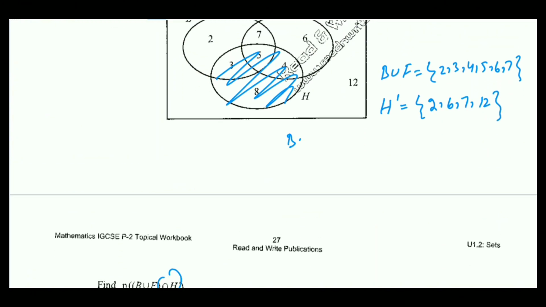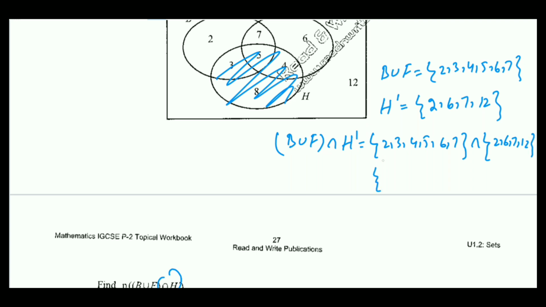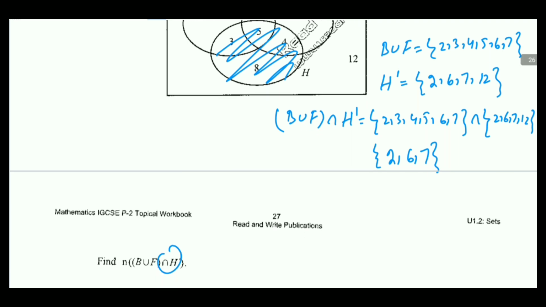So B union F intersection H complement is 2, 3, 4, 5, 6, 7. Intersection H complement 2, 6, 7 and 12. So the intersected values, the common values, are 2, 6 and 7. So there are three numbers. Number of this set, it means, sorry,